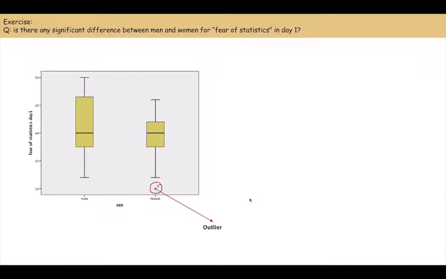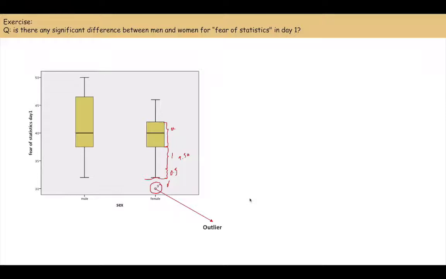And when SPSS measures outliers, it usually measures the height of this box, and then if a value is 1.5 box lengths down, if there is any value under this one, SPSS recognizes it as an outlier, and